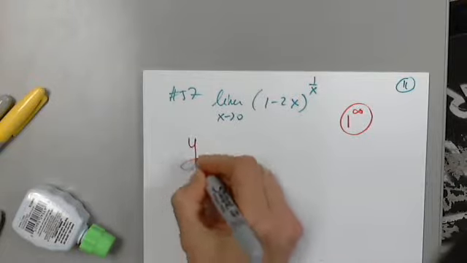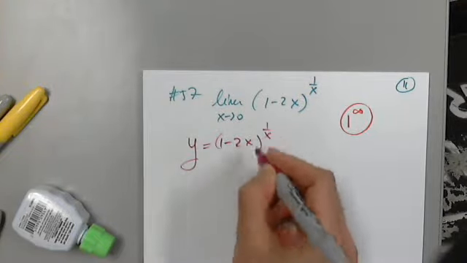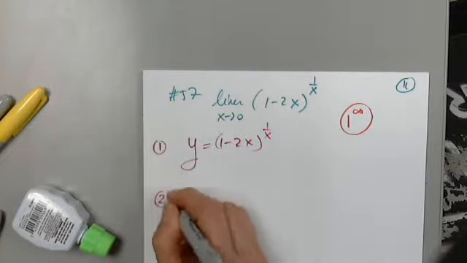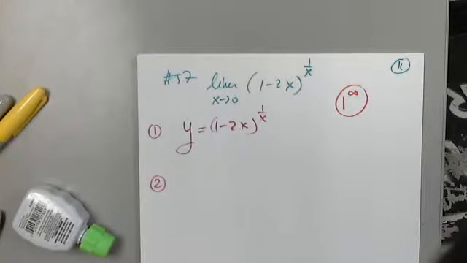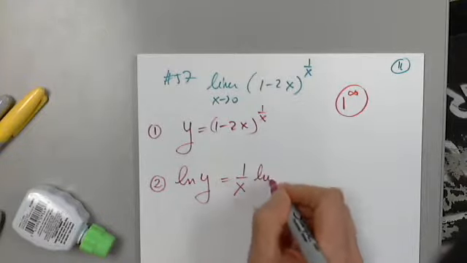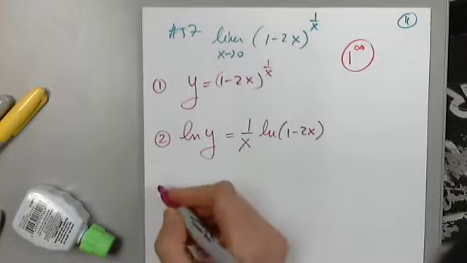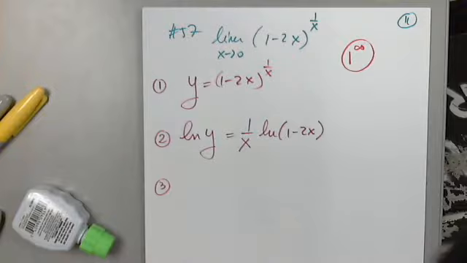Yes, I denote the function by y. That's my first step. In the second step, I have to apply natural log because it's a function raised to a function. So natural log y equals 1 over x times natural log of 1 minus 2x. In step 3,